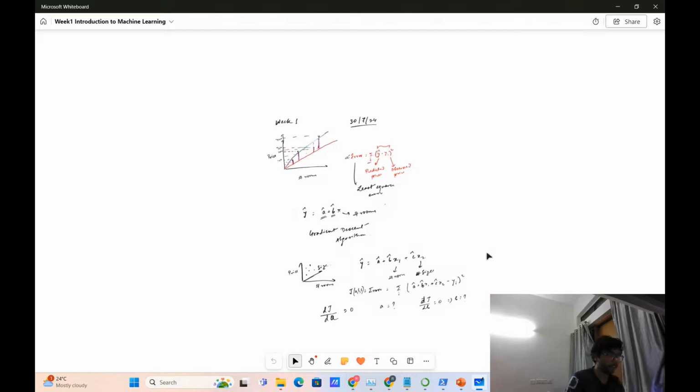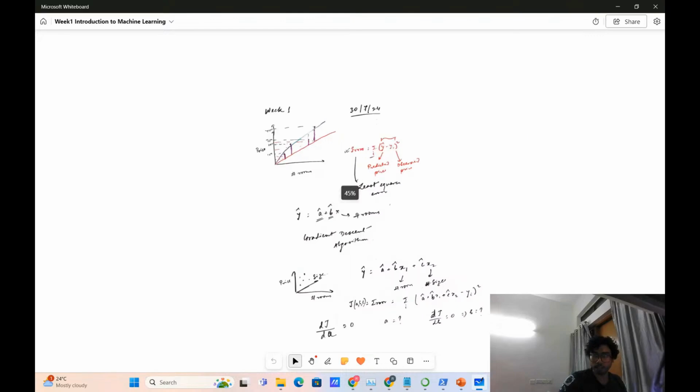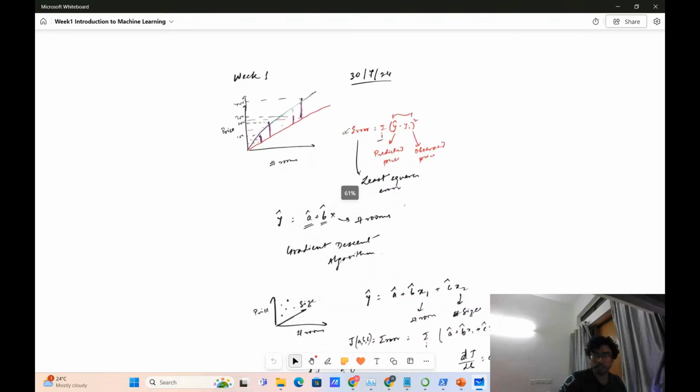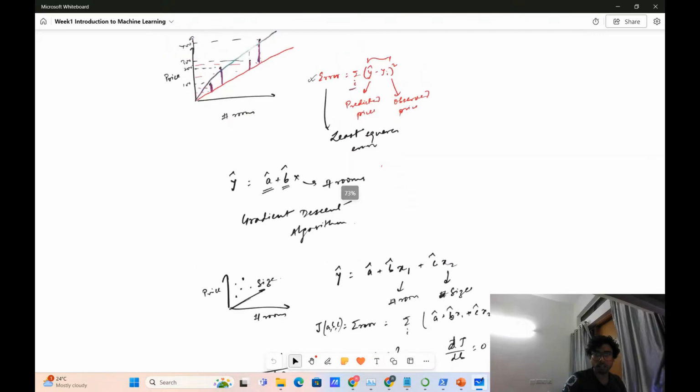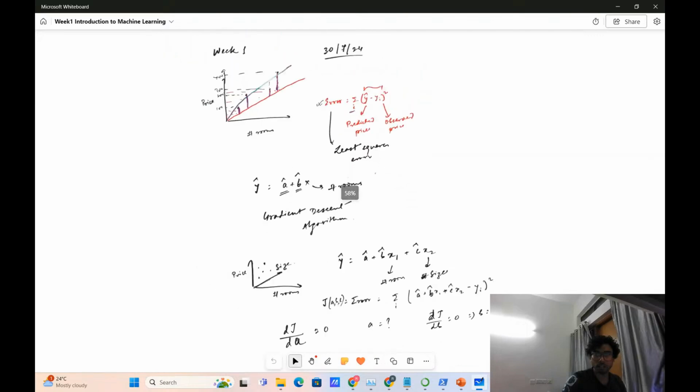And we'll do it for any number of parameters that we have. So that is basically the method, and then we will iterate over A, B, and C until we get the best fit line, right? So that is basically gradient